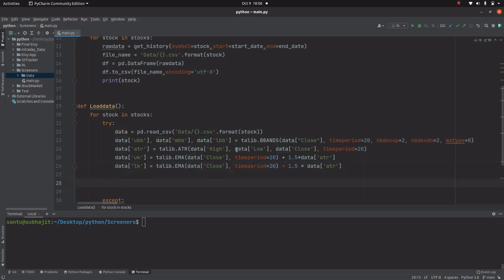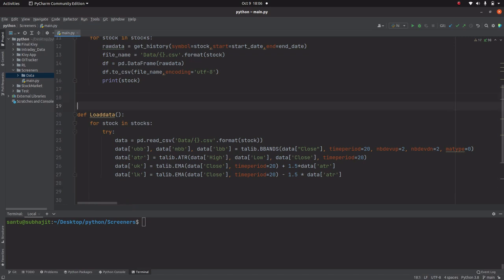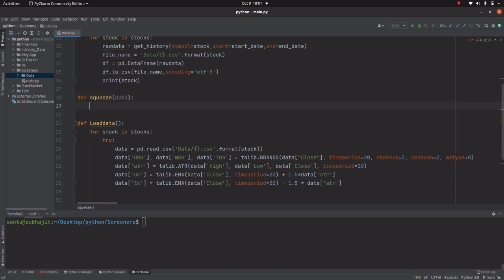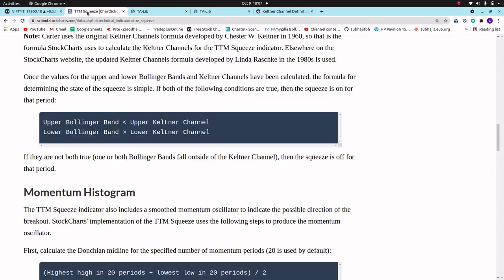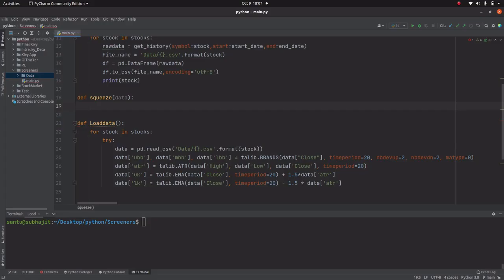Now we have to define a function so that we can find out the squeeze. So let me define a function df squeeze, and we will pass data. So let me see the conditions. Now the upper Bollinger Band should be less than upper Keltner channel. So let me define this. Return, if it is true then it will return true, or if it is false then it will return false.